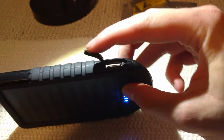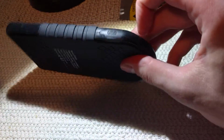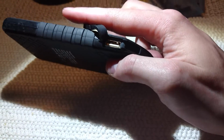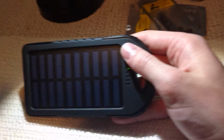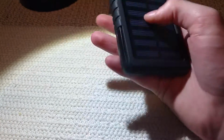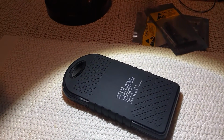They claim it's waterproof. I'm kind of questioning that now that I can look at the quality of it in person. Maybe it's okay for rain, but I definitely wouldn't want to submerge this. It does have a handy LED flashlight on double tap. The button has been a little flaky in its operation, but I think this is one of the better ones here. So this was $9, and it was far cheaper than trying to get a $6